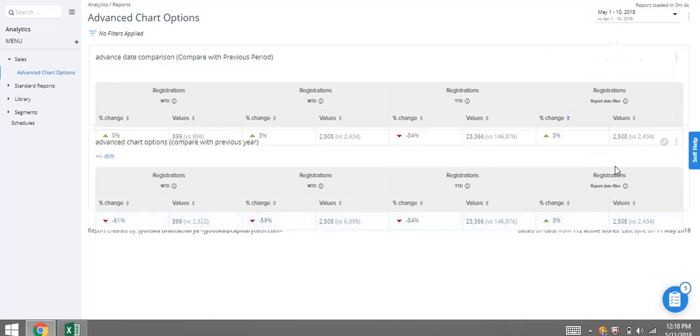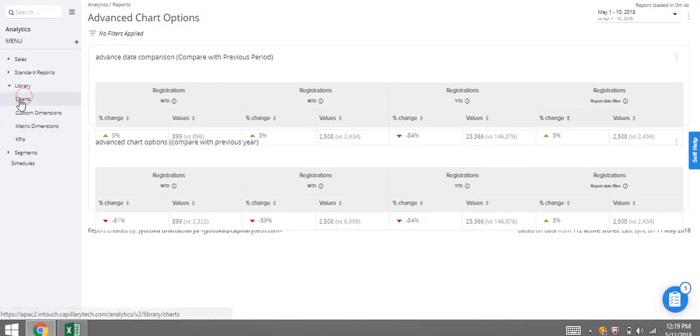That's why these two numbers are the same, even though I have written previous year and previous period. Previous year and previous periods are dependent on comparison on these KPIs, not on the KPI which is report date filter. This is apparent because when you are creating a fresh chart, you will see this report date filter is always checked. That means this KPI is not overridden. This KPI is completely under the report date control.